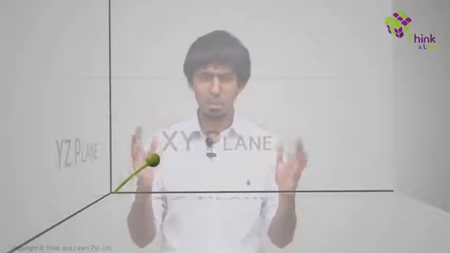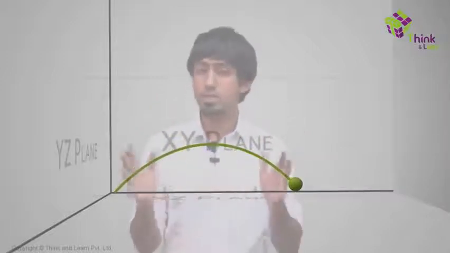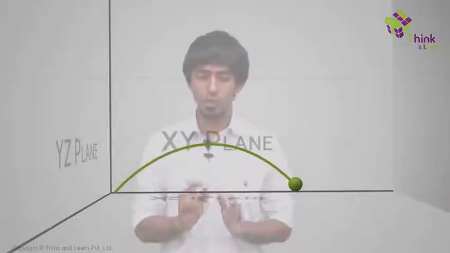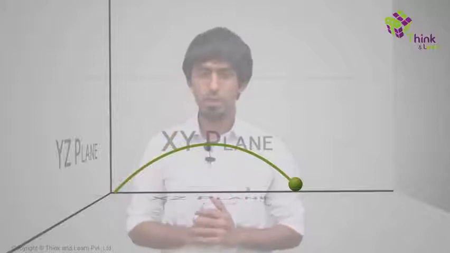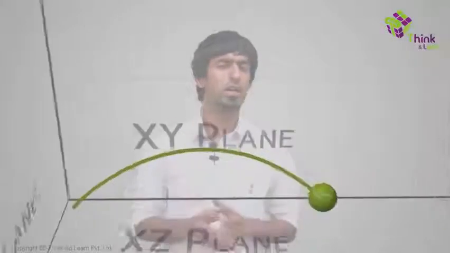Now, I was thinking about what would be the easiest way to explain this or visualize this, right? Because I know we have to visualize it as two separate components. But how do we do this? Why are we so stuck up with this side view of a projectile? What other way can we look at the same thing? What would happen if instead of this view, we were to fly up and look at the same ball being thrown from the top? What would that look like?